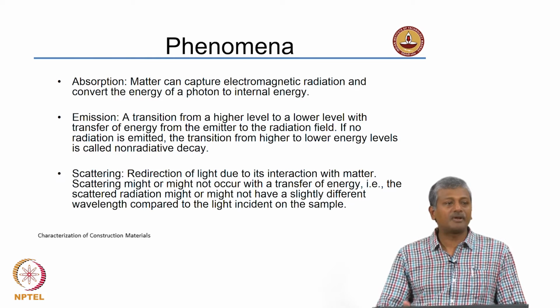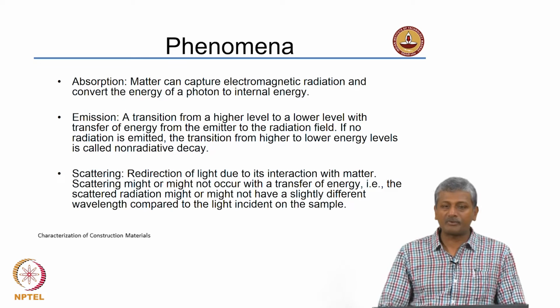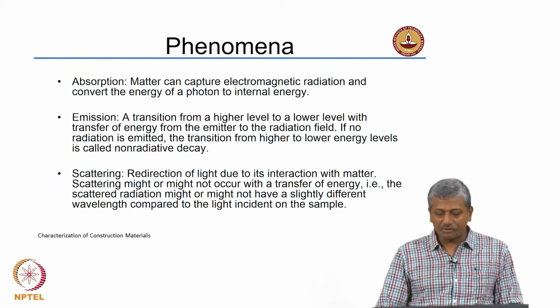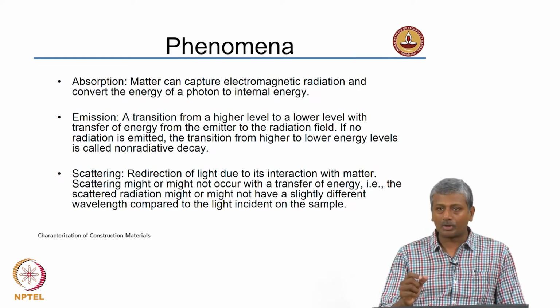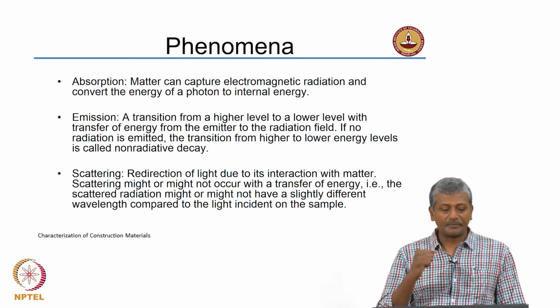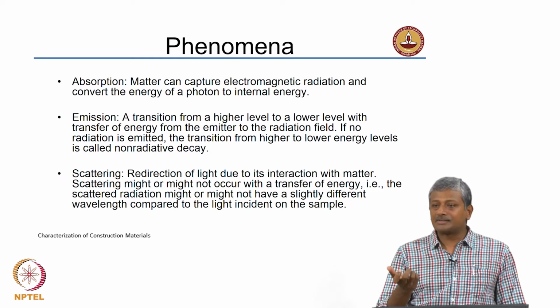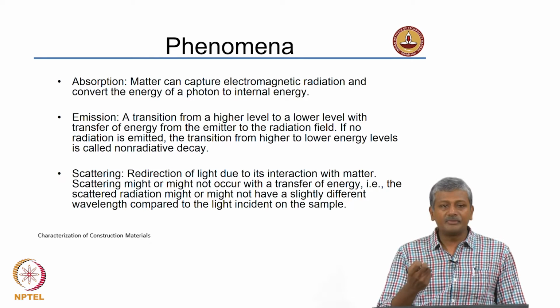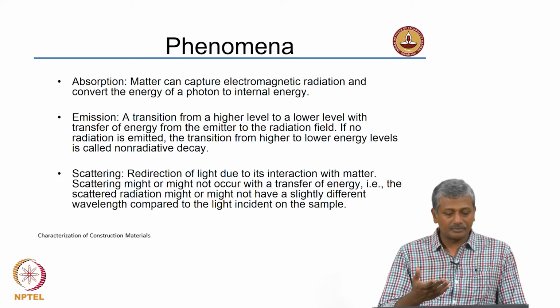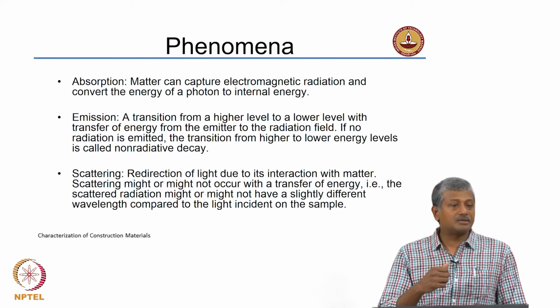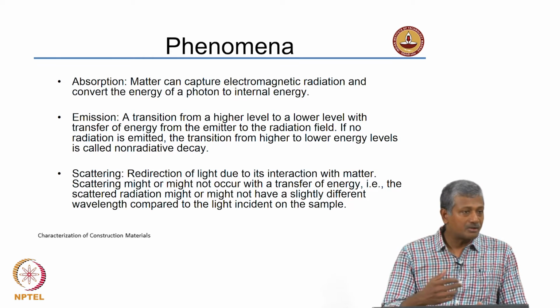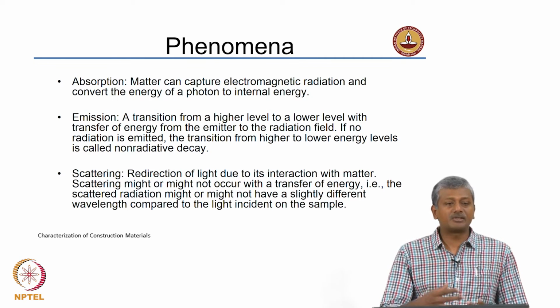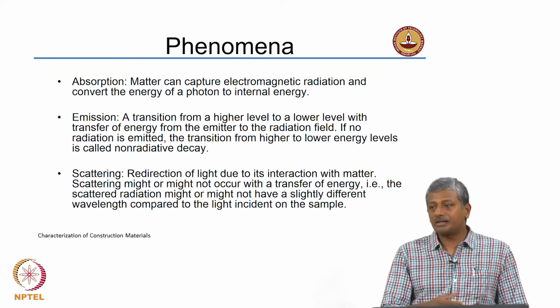Okay. That wavelength is characteristic of one of the different types of electromagnetic radiations. So, a transition from a higher level to a lower level involves transfer of energy from the emitter, that is the atom or molecule, to the radiation field. In some cases, decay of the atoms is possible without any radiation being emitted. That is basically called non-radiative decay. If the transition happening inside the elements leads to some generation, then it is called emission. If it does not generate anything, it is called non-radiative decay.